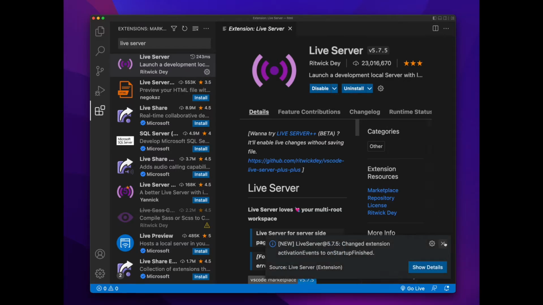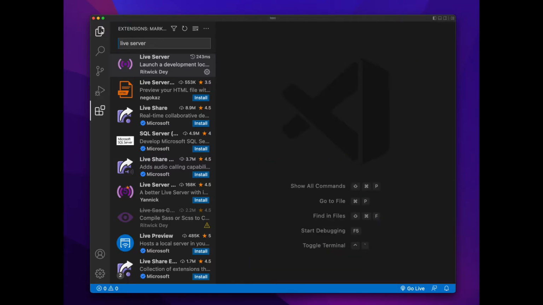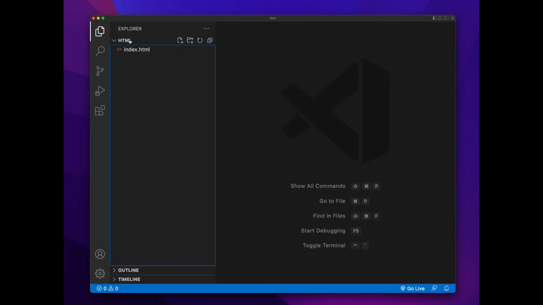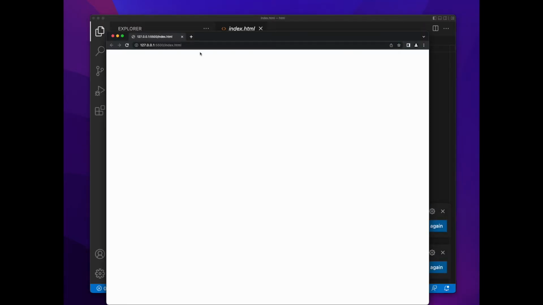Okay, we'll close the dialog after it's launched, and then close the Extension tab. Go back to the folder icons to bring us to the HTML folder and click the index.html file. And if we right click, we have an option to open with Live Server. This will launch the browser and display the web page that we have written. Of course, there's no code in here yet, but you can see index.html is being served from a location called